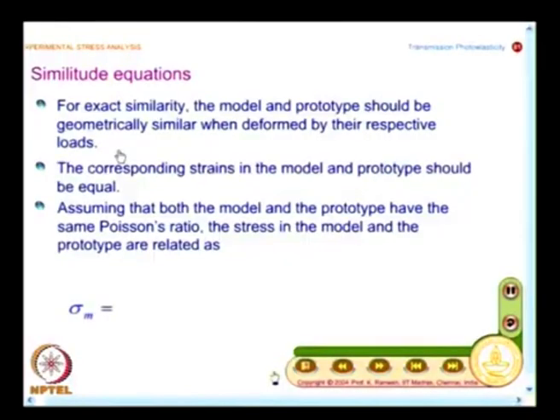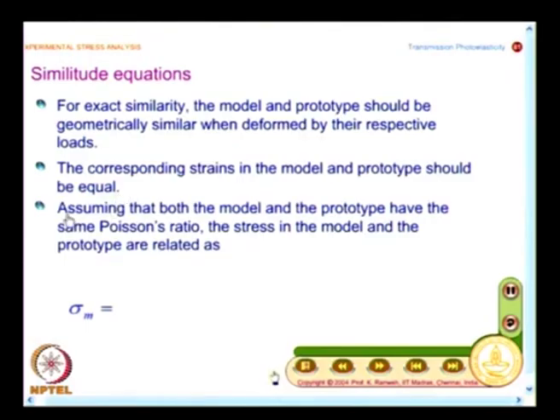So, you have to apply a load much below the actual service load, and you also develop a philosophy of how to apply the load, and what we are looking at here is the model and prototype should be geometrically similar when deformed. So, that is the issue that you take up to find out what is the load that I can apply on the model. So, what we look at here is the strains developed in the model and prototype should be equal. This is the desirability,